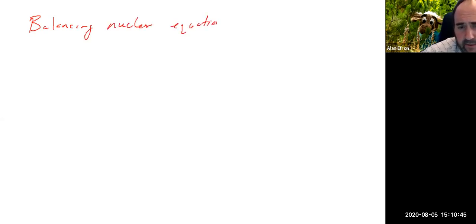And when we balance nuclear equations, we don't have conservation of elements, and we actually do produce new elements along the way. In order to produce new elements, we need to change the number of protons. And when we change the number of protons, that means we need to get into the nucleus, and that requires a lot of energy. That's why nuclear reactions obviously give off a lot of energy usually,